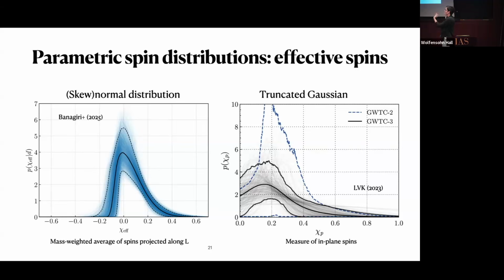And our single event parameter estimation measurements are so broad that even if we had a bunch of events with chi-effective negative 0.05, they would always have support for positive chi-effective. So finding an event where the single event PE rules out 0 is very tricky. So this plot, I understand. I should interpret the negative chi-effective as an upper limit.